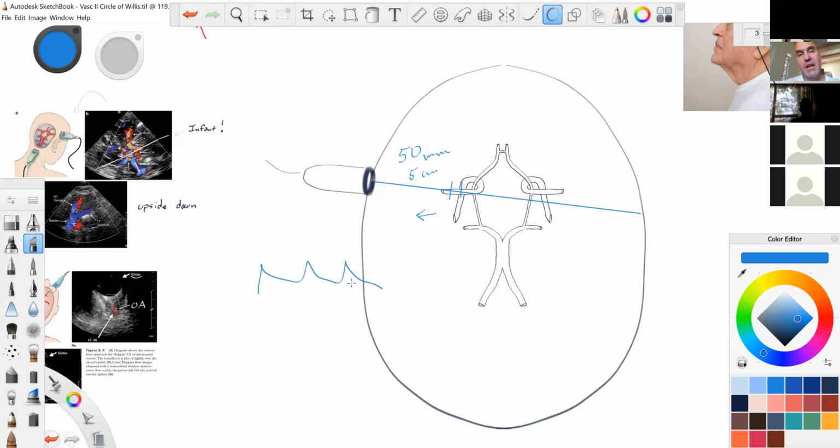Hopefully, it should look like an ICA because it's low resistance. Let's get rid of my 2 little gates there. So that could be image number 1. Image number 2,